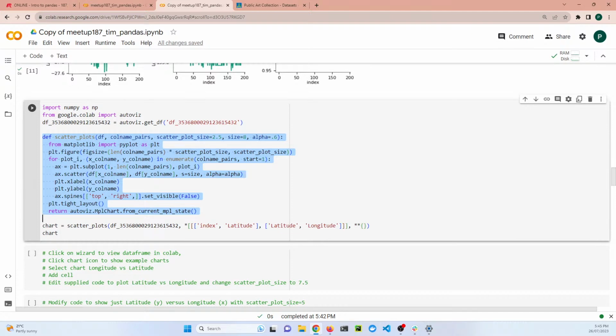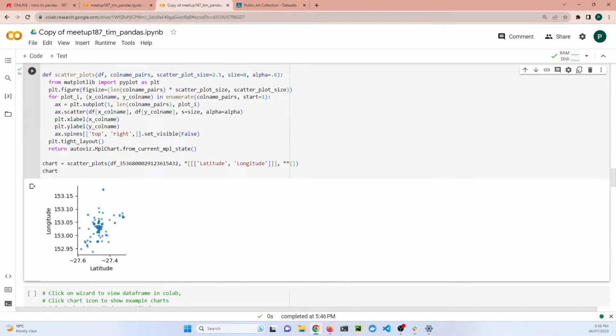Alright, now if we run this, we'll run it by hitting the play button. We don't want index and latitude. And remember, index wasn't actually part of our data frame, but they've taken the index and copied it into a column, but we don't need to worry about that. So let's plot latitude and longitude,